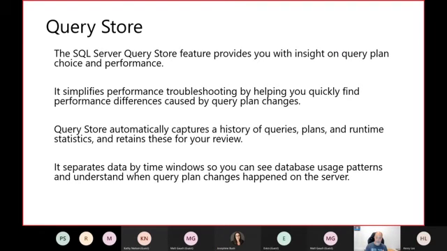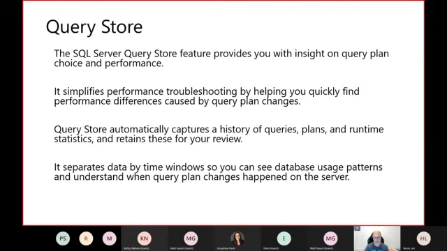So Query Store, as I said before, was released with SQL Server 2016, an important milestone and really great feature, which actually is the basis of most of the other features that I will be presenting today, and also for features that are coming in the next SQL Server version. We're going to mention that also later.